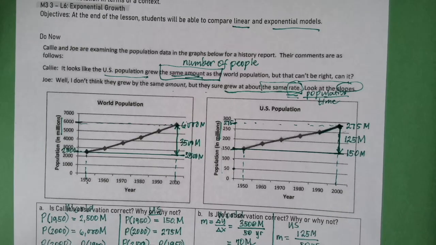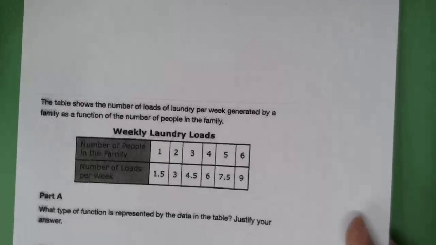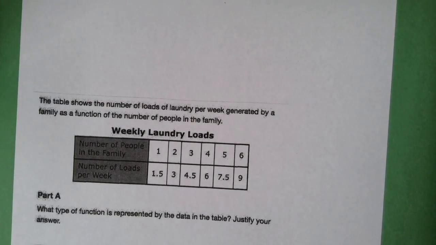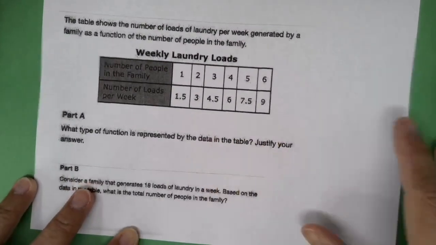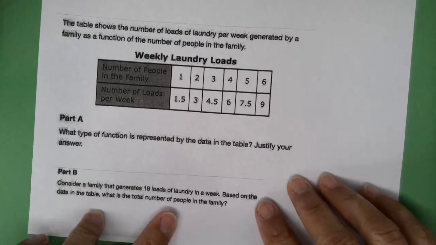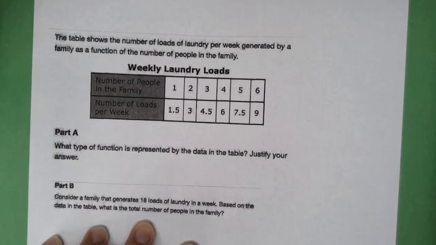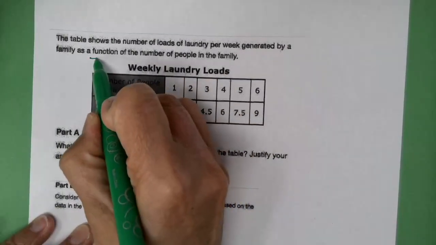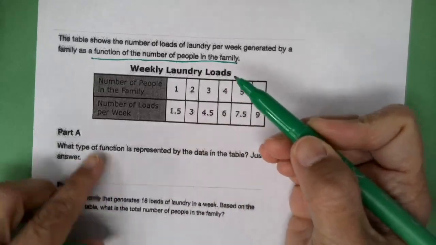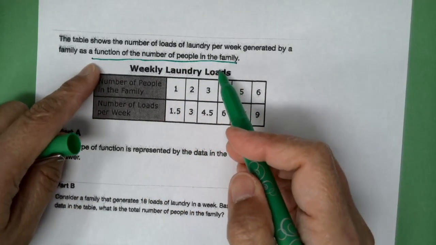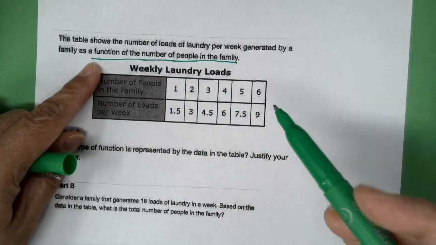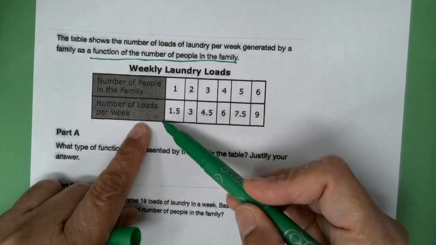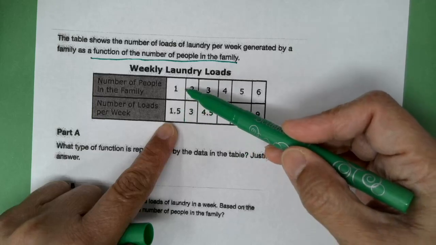All right, so let's take a look at an example here. I have an example that I got from an old part question, and it says that the table below shows the number of loads of laundry per week generated by a family as a function of the number of people in the family. What does it mean, a function of the number of people in the family? That means this data here is generated by the number of people. So the number of loads, which is the other variable, depends on the number of people in